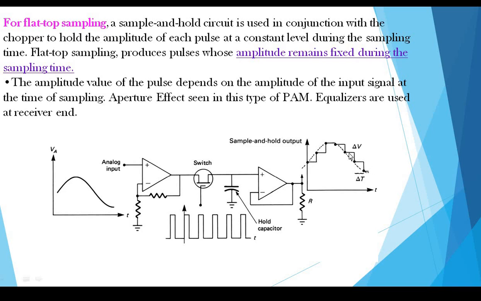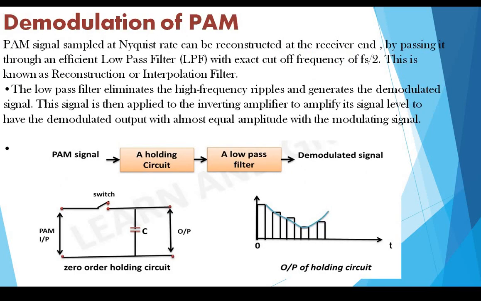And you will be getting your message signal. This is the reconstructed modulated wave. Right? Correct or not? So this is the reconstructed signal. But here you will be getting a small defect, that is your aperture effect, nothing but a small amount of amplitude distortion. Okay, that will be obtained in the reconstructed signal. Reconstructed is nothing but the converted, continuous to discrete converted signal. Okay, so this is the one. And to reduce this aperture effect, we will be using equalizers at the receiver end. Clear?